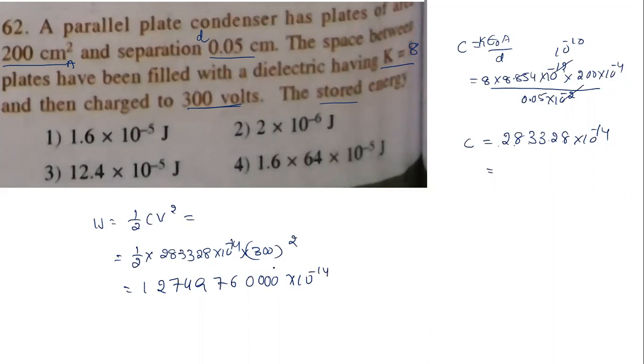And if you simplify the powers now, we get almost this value, 12.4, because we want to shift the points. So we need to get 5. 5 means you need to shift what now? This is 10 power 4, right? So 1, 2, 3, 4, 5. So you get 1.7 into 10 power minus 5 joule. So approximate value, we are going to get this value. Okay, 12.4 into 10 power minus 5 joule. That is what we call the energy of the capacitor, energy stored in the capacitor. Okay, yes.